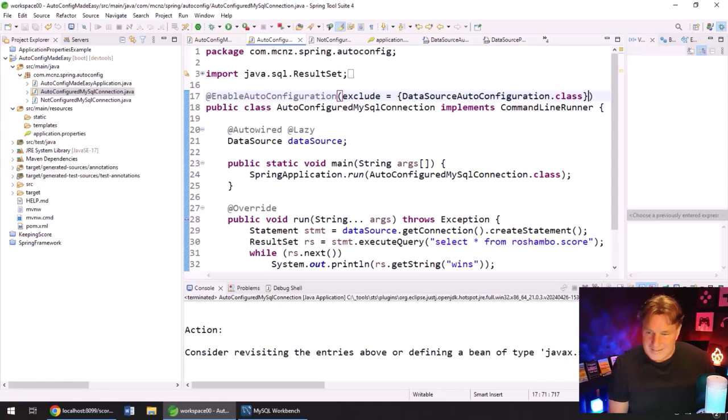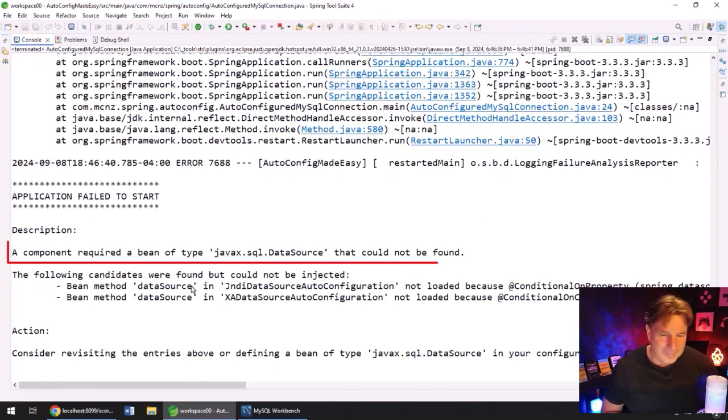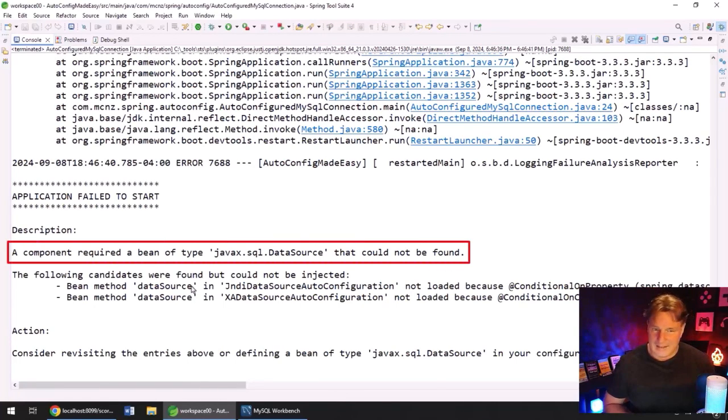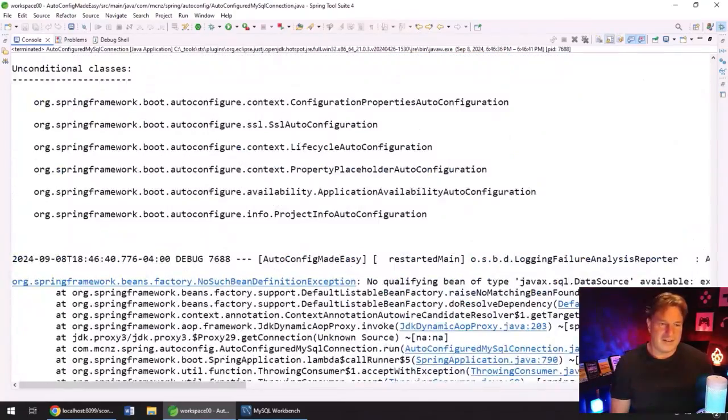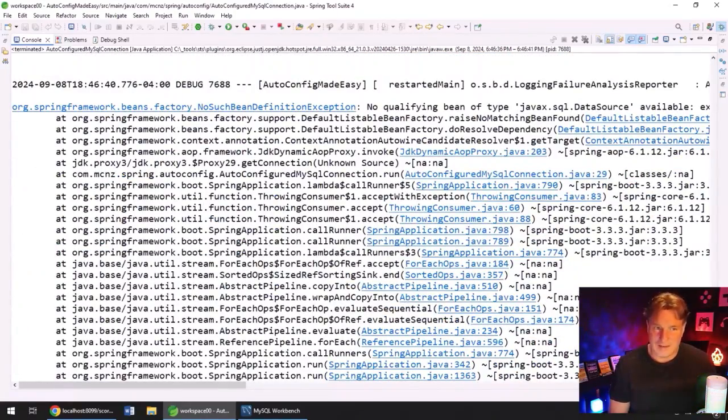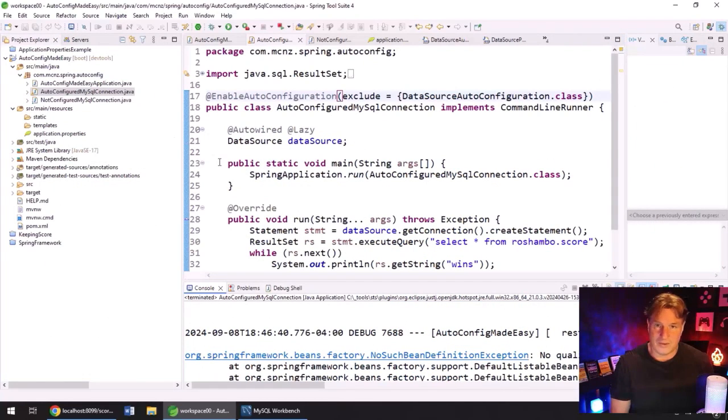It's printing everything out. And then finally, look at that. Hey, consider your life choices here, because I couldn't find that data source class. So consider revisiting the entries above or defining a bean of type java.sql.DataSource in your configuration. Application failed to start, and you can see the whole stack trace there, right? And that's because my application depends on auto configuration, and I just said, hey, exclude the data source auto configuration,